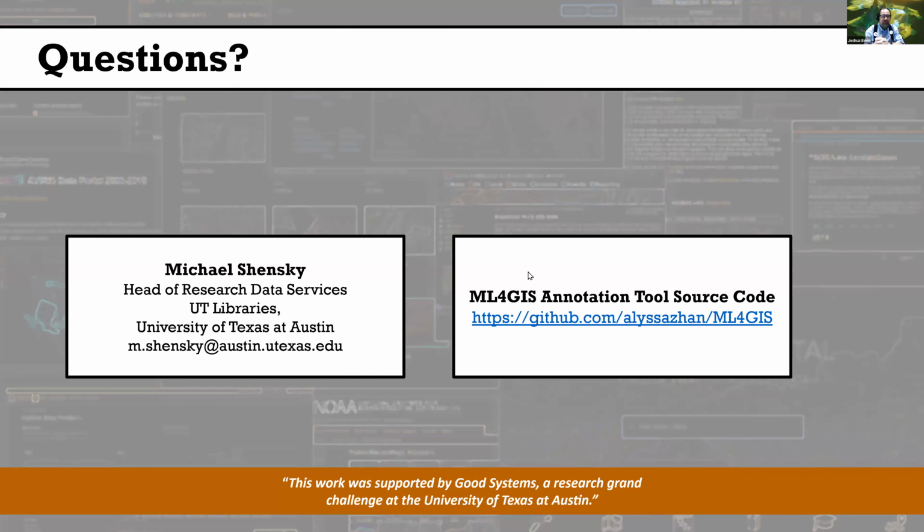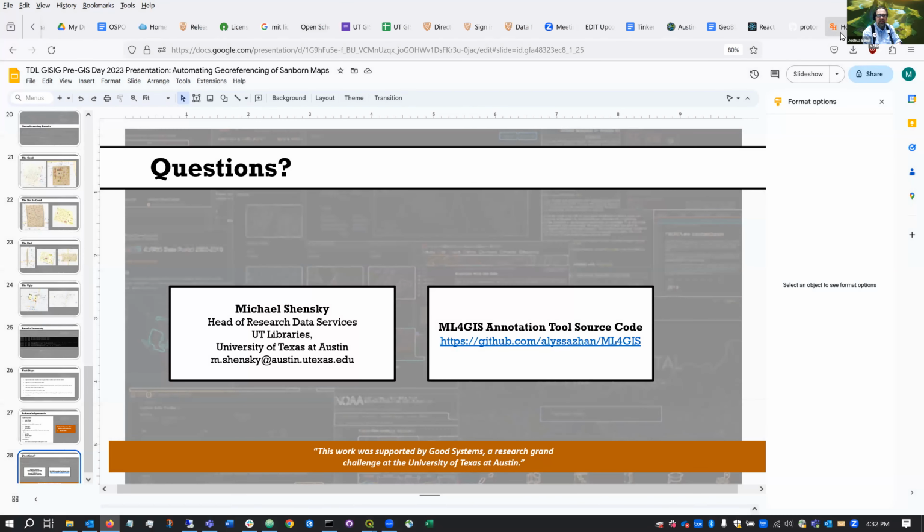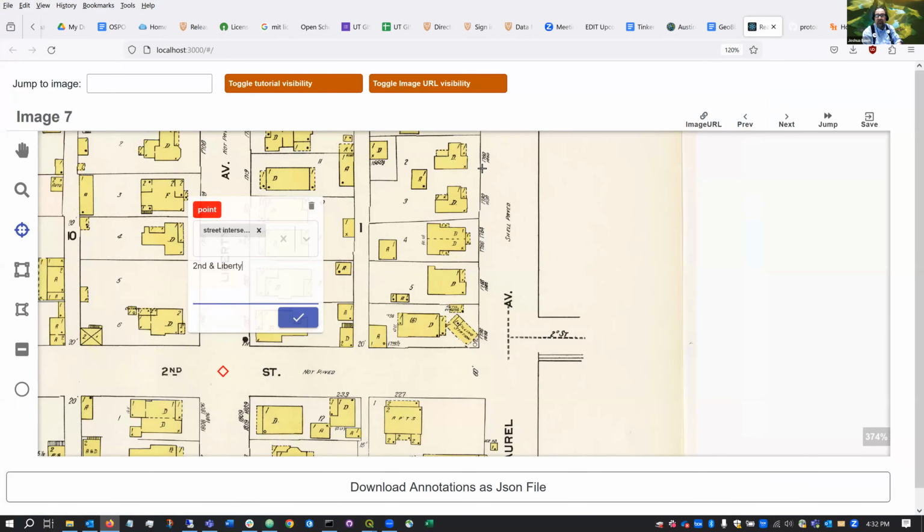I do have a question, Michael. I've got a bunch, but the one that's most on my mind: how many maps did you have to annotate for the training? I don't quite have a sense for what was actually involved with the annotating. Are you drawing on a map? Are you entering data? So I'd like to know how many maps and what the annotation involved.